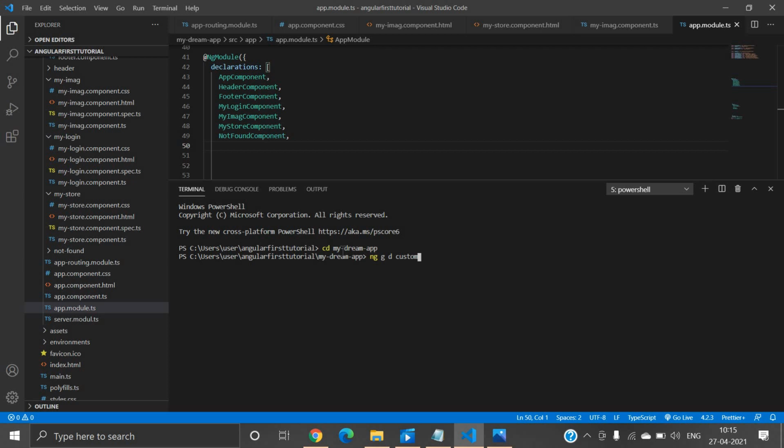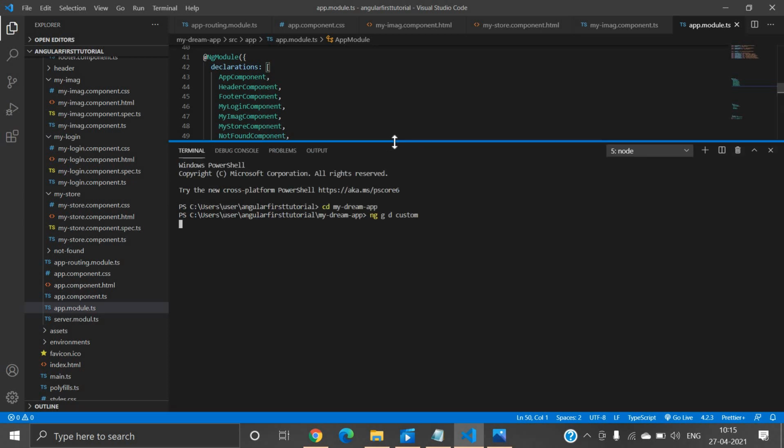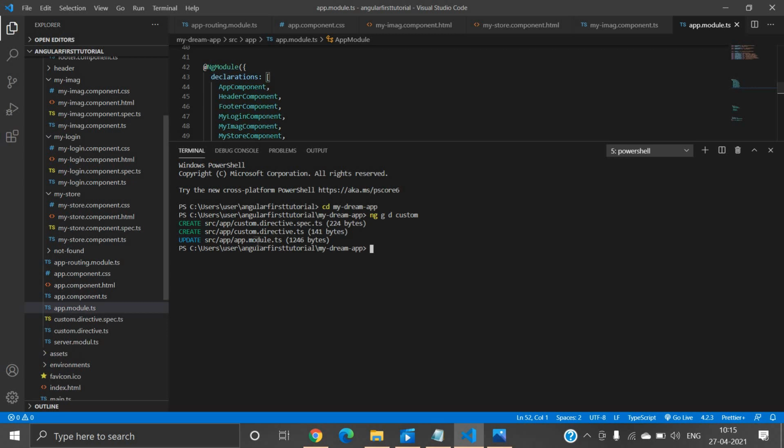I'll just write custom directive name, and after that it will update app.module.ts. We have got two files. First is spec.ts and second is directive.ts, right?